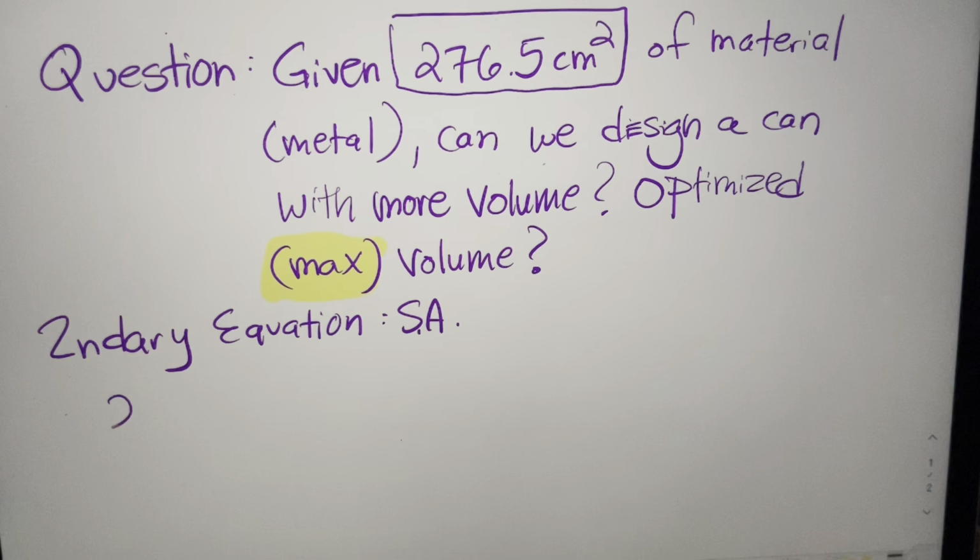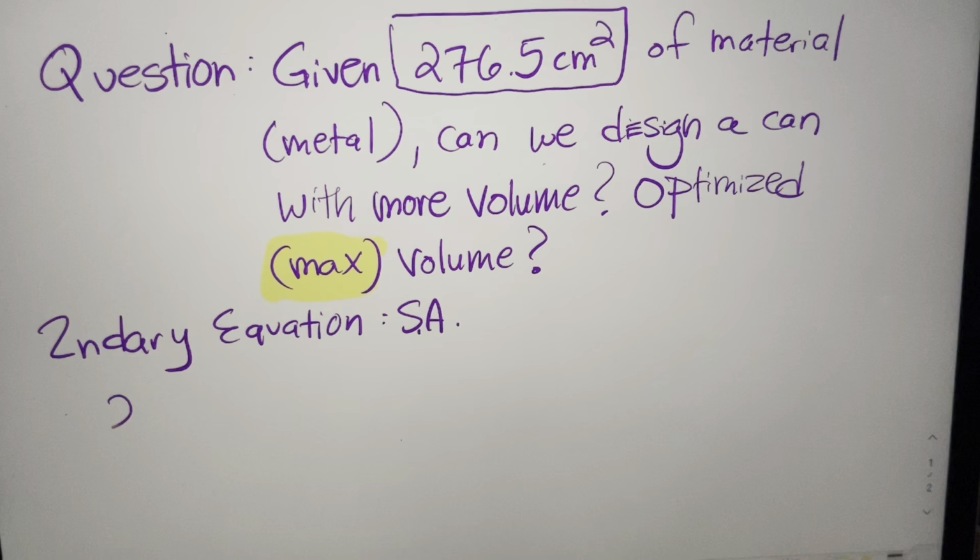And if I'm looking for the original can, its surface area will be 2 pi 2.0 squared plus 2 pi 2.0 times 20.0. Those are centimeters. So in squared centimeters, I'm going to get 276.5 cm squared